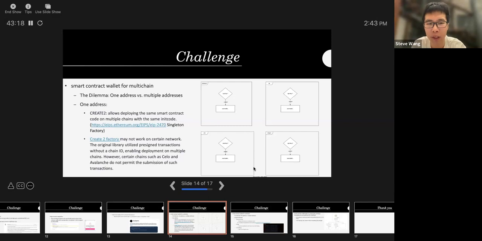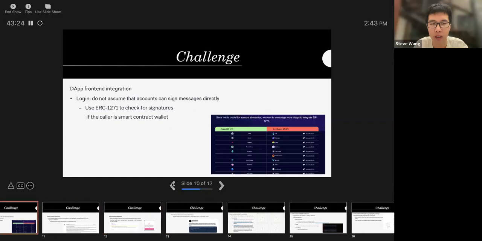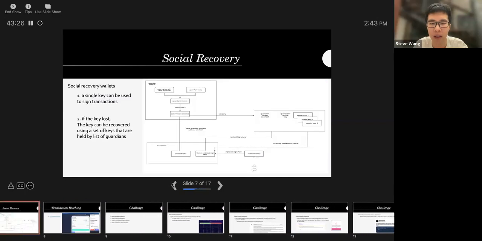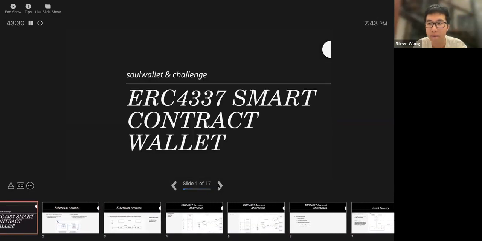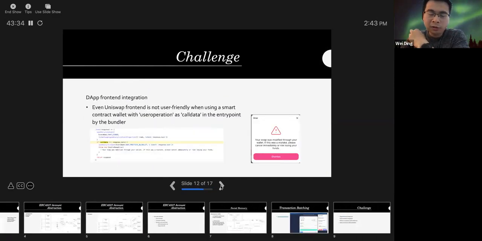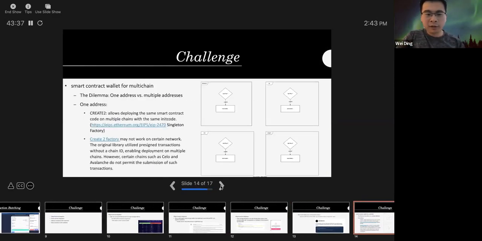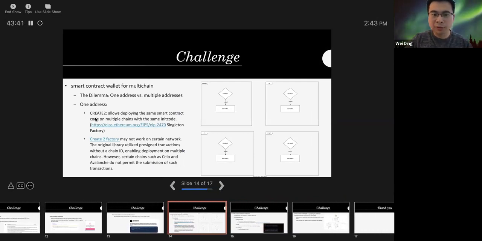And also in the middle of your slide, you mentioned the CREATE2 opcode. I wonder if this is the same for EOAs versus smart contract wallets in terms of the difficulty of implementation. Yeah, there is a solution to deploy the same address on different layer 2s by using CREATE2, but it has to meet certain criteria.